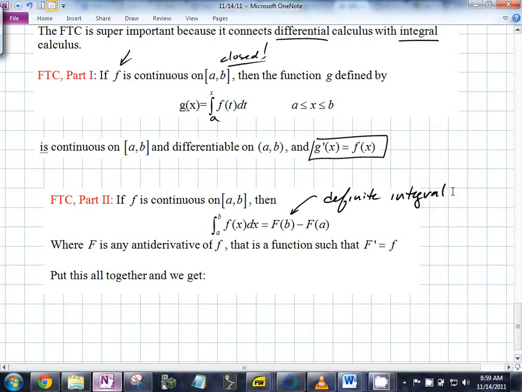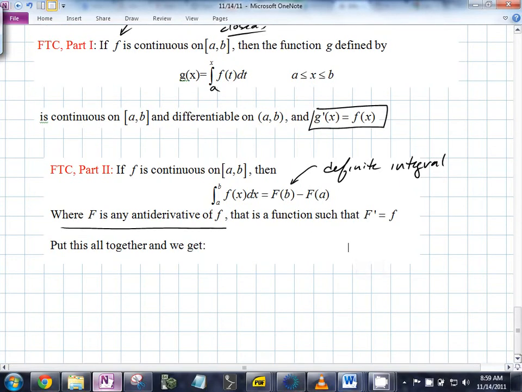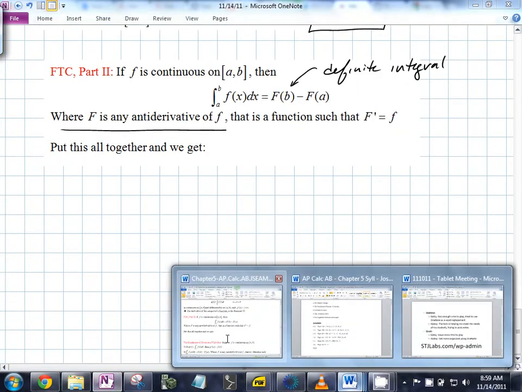Where capital F is any antiderivative of f, that is a function such that F prime is equal to f. Put this all together and you get the summary, which is really what you need to focus on, which is right here. The fundamental theorem of calculus. You put these two things together. It says,